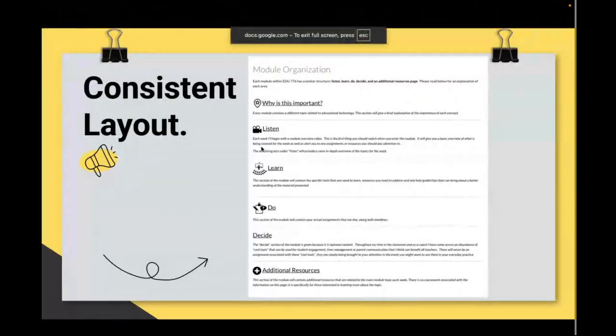Okay, my layout is extremely consistent. So in my module organization, every single module, I don't want to say every page, but every single main page, and I'll explain what that means, every single main page of my course module has this exact structure in this exact order. I start every module telling students why it's important. And when I say why it's important, I don't